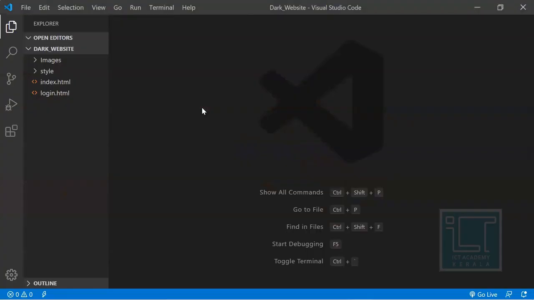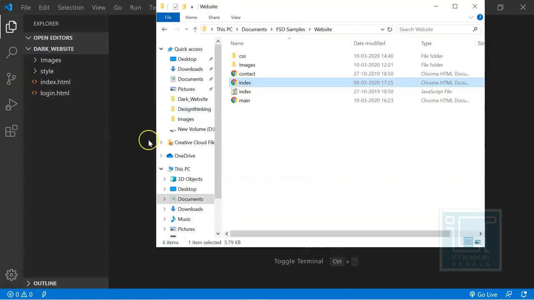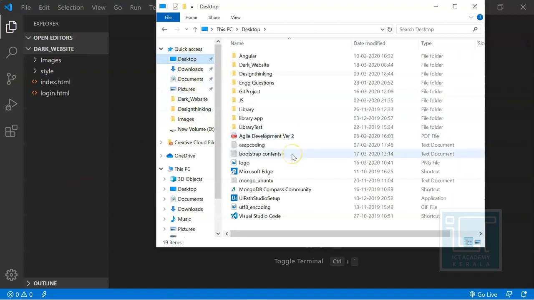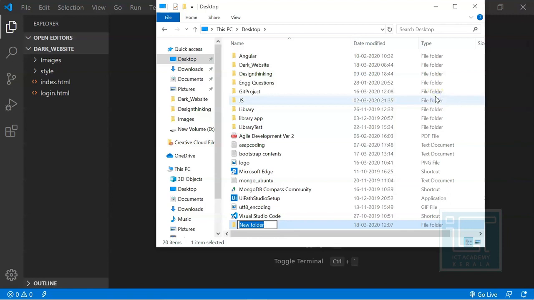In order to create a website, first of all, you have to create a folder either on your desktop or in any other folder or drive that you wish. For that, I would like to go directly to the desktop. Since my desktop contains ugly things, I would like to go there, and there I'm going to create a new folder. Everybody knows how to create a folder. I'm going to name it virtual session.